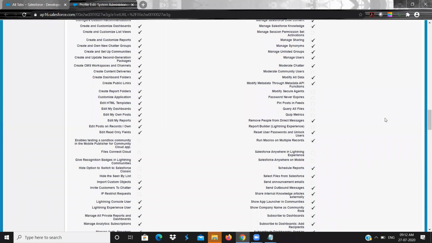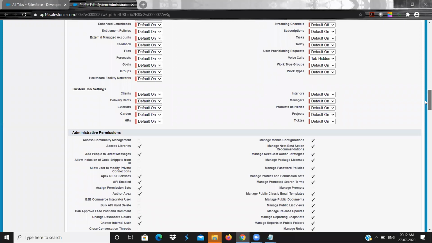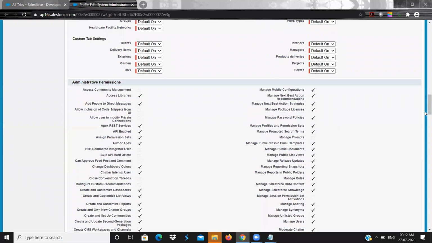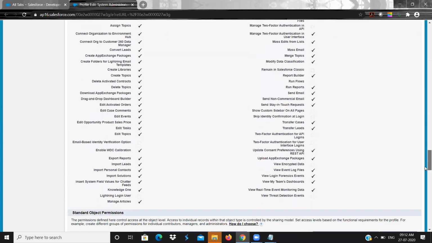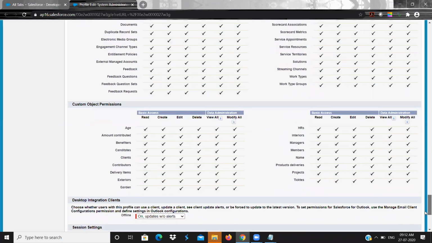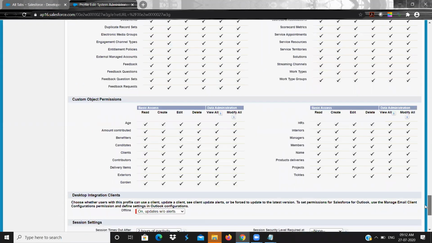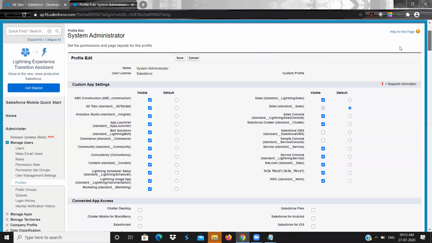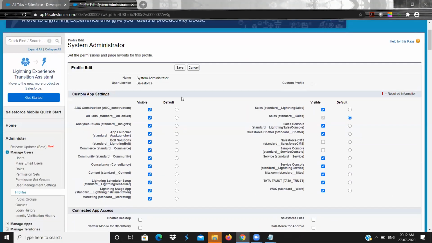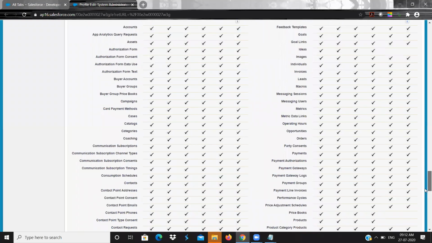Okay, this is a standard profile. Standard profile means you cannot have control over it. You can edit it, but only up to some extent; many things you cannot change. That is the standard profile because it is standard. If you want to make any changes, you need to clone the existing standard profile and edit it accordingly. So I wanted to make some changes in the system administrator, but when I clicked on edit, I cannot have control over these permissions. I cannot have control over the objects and all.